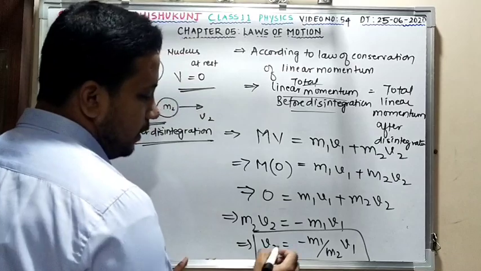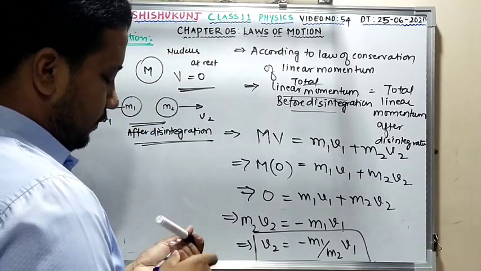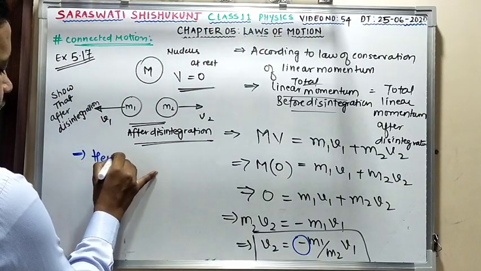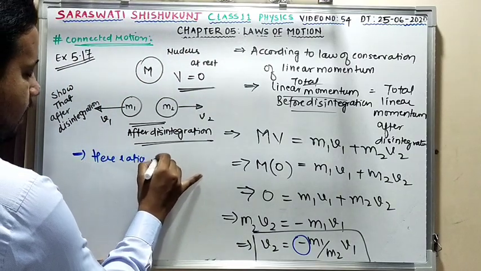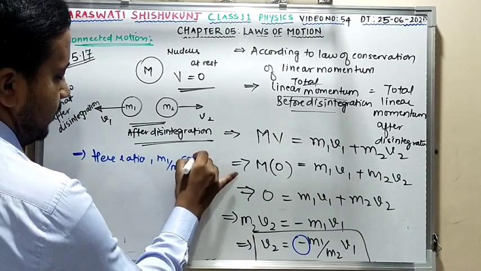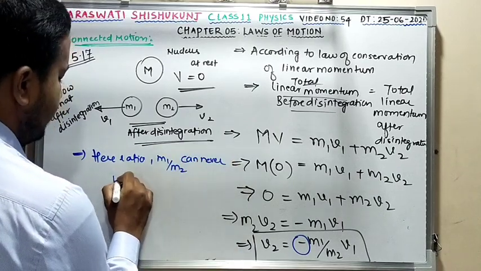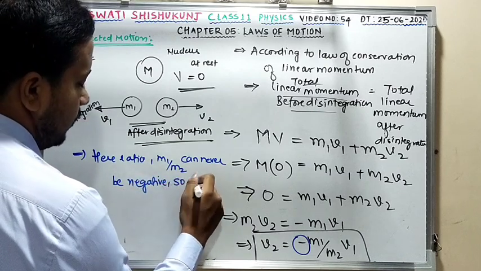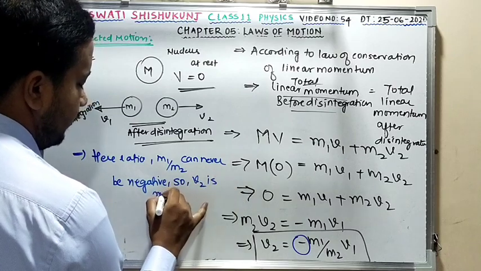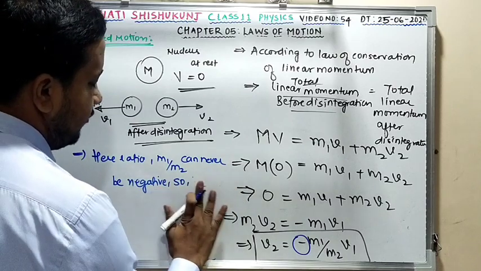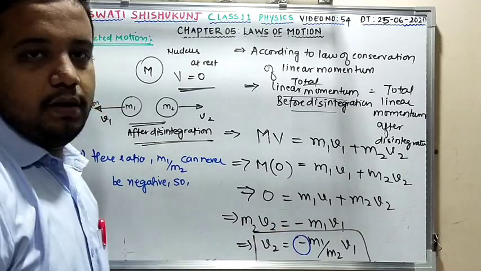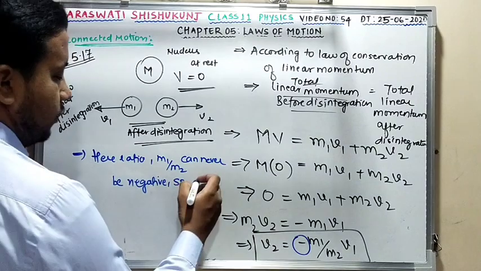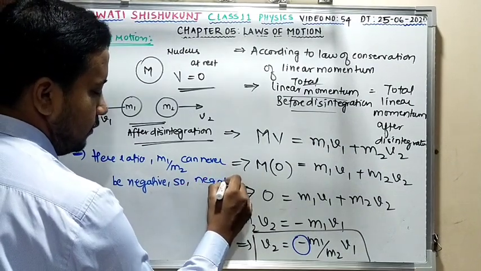Yes or no? Here, this negative sign. You can write over here that the ratio m1 by m2 can never be negative. So v2 is negative. Mass cannot be negative, yes or no? So now what is negative? v1. So you can say that the negative sign represents